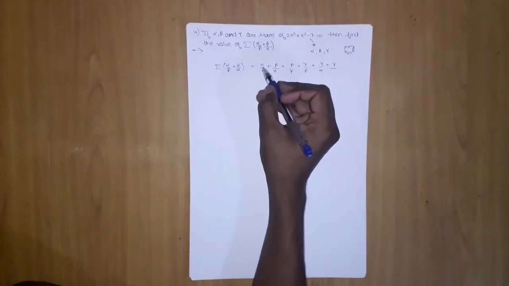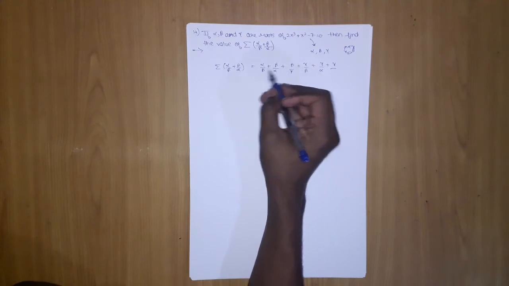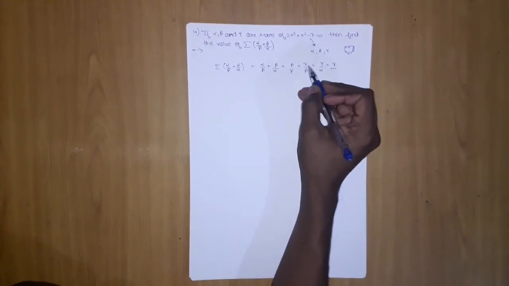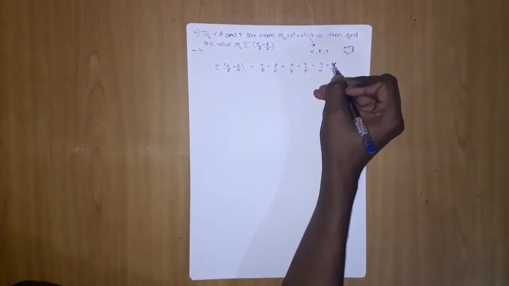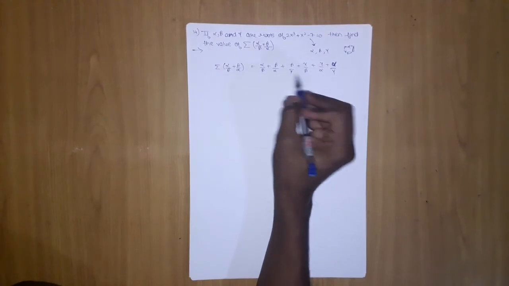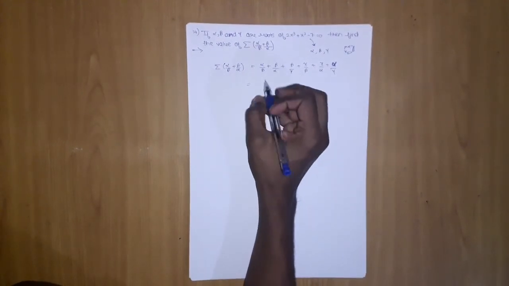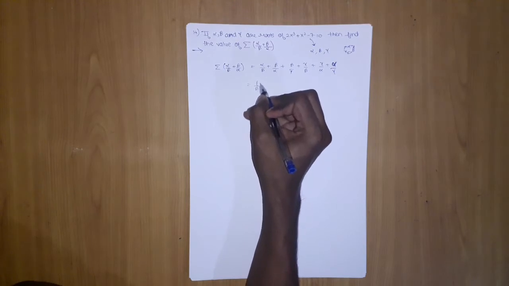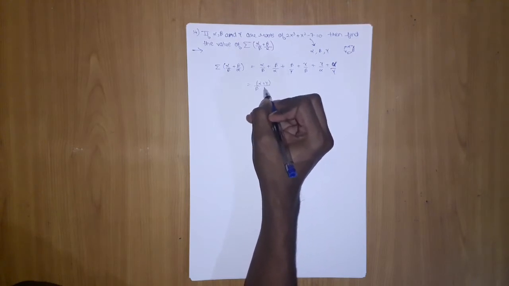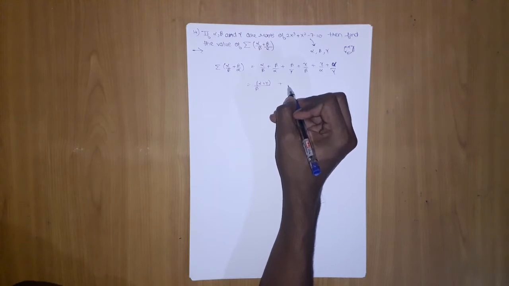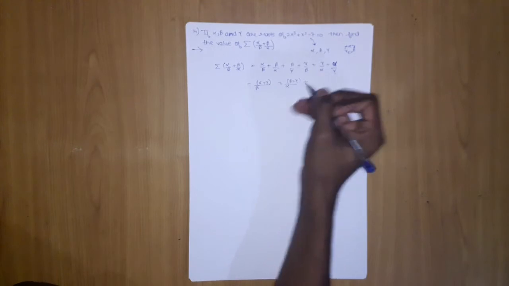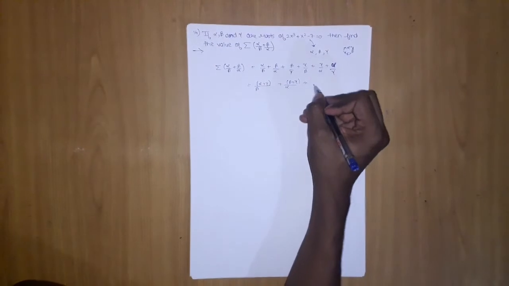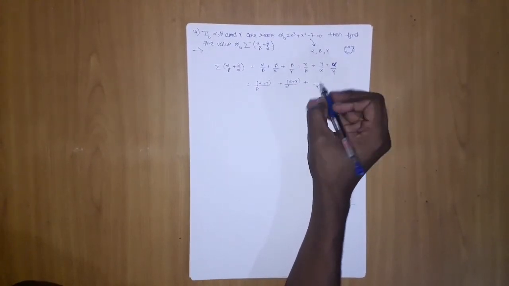Sorry, I made a mistake here. Then beta by gamma, gamma by alpha, and beta by gamma. Now here it has the same beta as denominator, so we will take these two, 1 upon beta times alpha plus gamma. Similarly, alpha upon beta plus gamma. Similarly, gamma upon alpha plus beta.